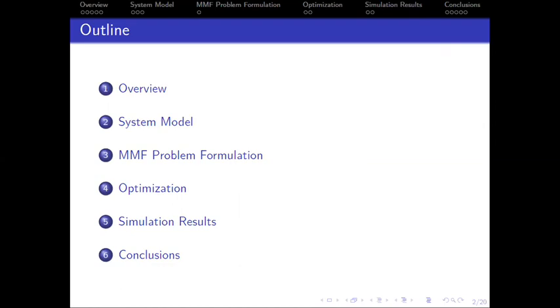Firstly, I will introduce the background of multibeam satellite systems, conventional multigroup multicast beamforming, and the basics of rate-splitting multiple access. Then I will introduce the system model, including satellite channels, a novel beamforming strategy based on rate-splitting, and CSIT uncertainty. Then a max-min fairness problem will be formulated and solved. And finally, I will show some results and conclude this paper.